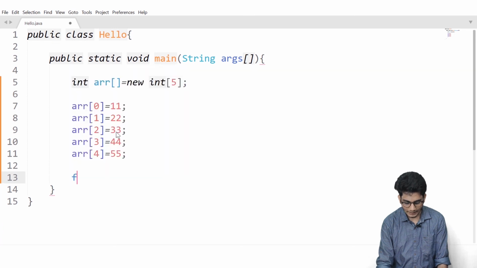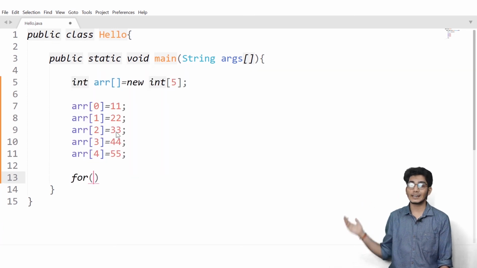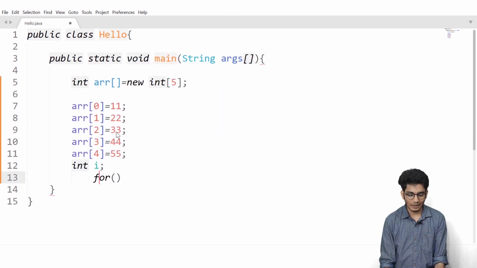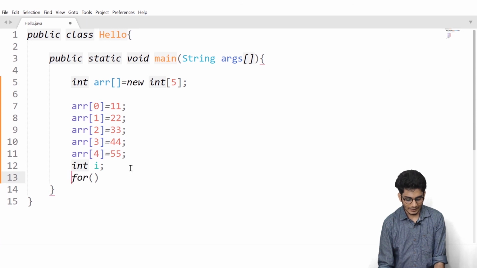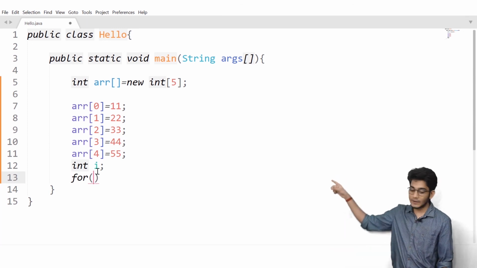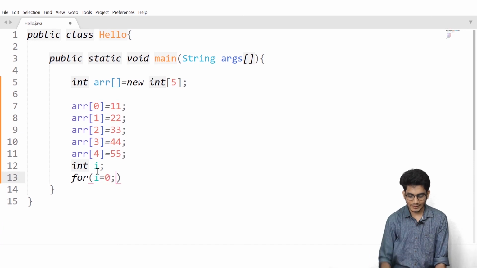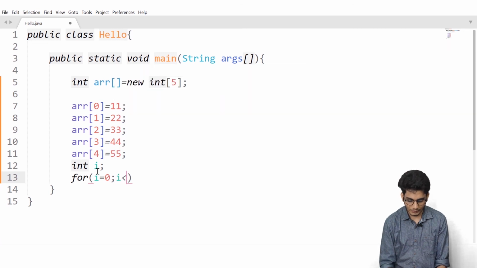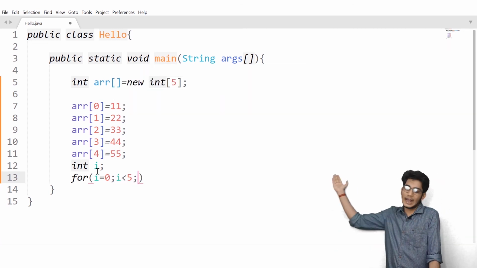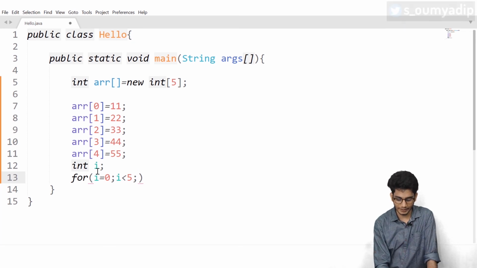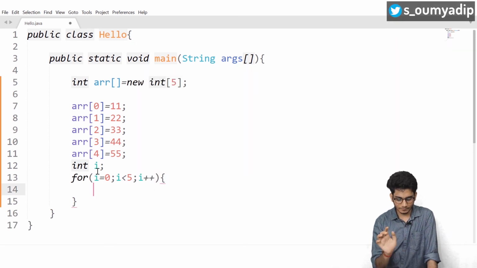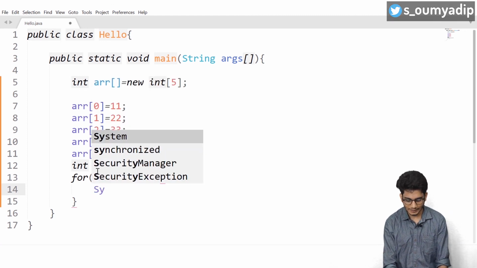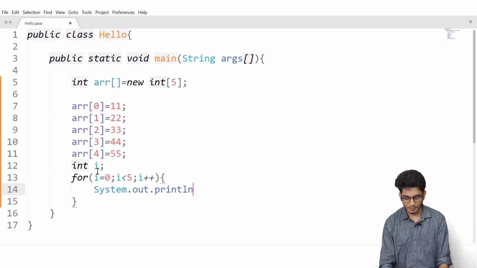So what do we have to write? We have to write for, and we need a counter also. The counter will be, let's say, I. So we have declared a counter I, and within that I will write the first value, that is 0. And what is the size of the array? That is 5. So we'll write I less than 5, and then we have to increment the counter, as we discussed in my for loop video, I plus plus. Now we just have to write system.out.println